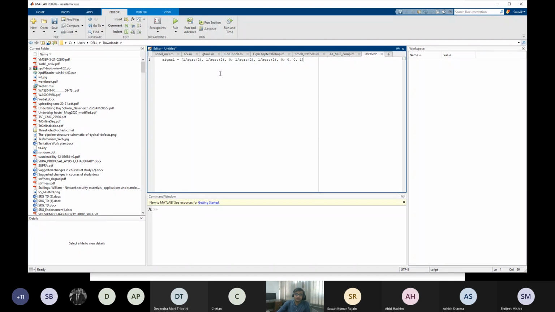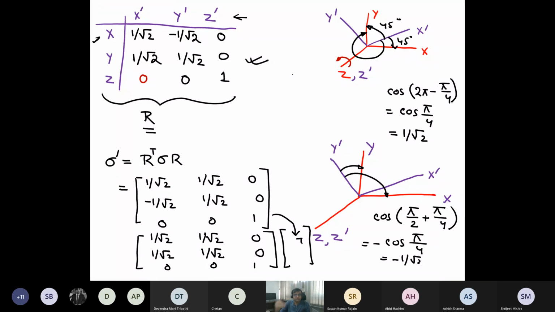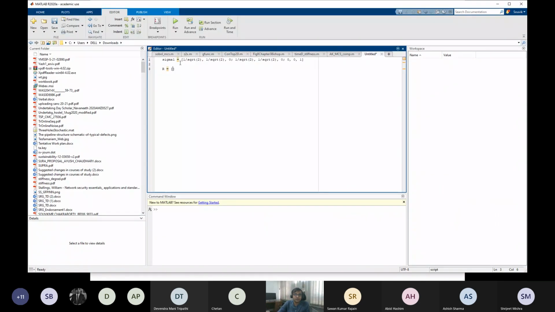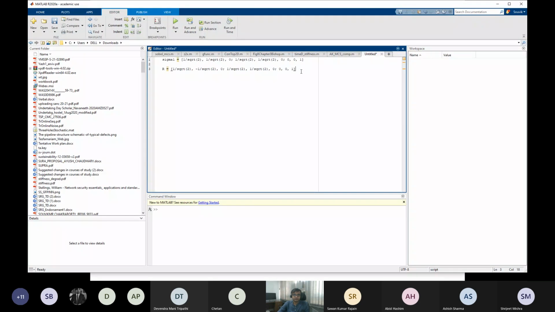So okay, let me not do it here. Let me do it directly here actually, or let me print it. Okay, let it be here. I will show it to you. So this is sigma 1. I need my rotational tensor, which is equal to, 1 by root 2, minus 1 by root 2, 0. So I can copy this one, and I will have to put the minus signs properly. I think this one is the negative one, if I'm not wrong, and everything else is same.